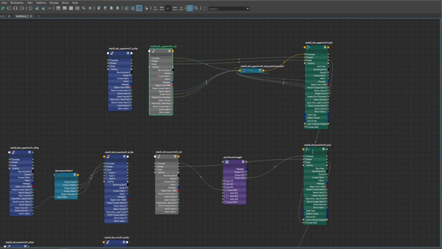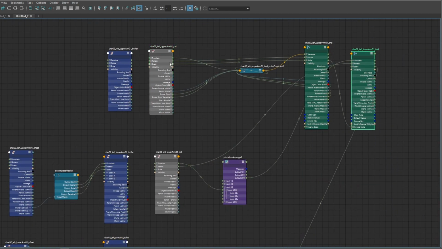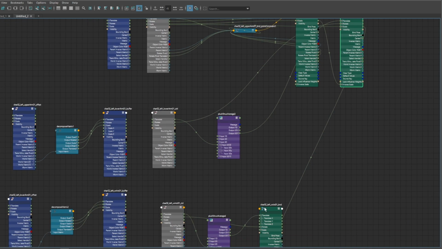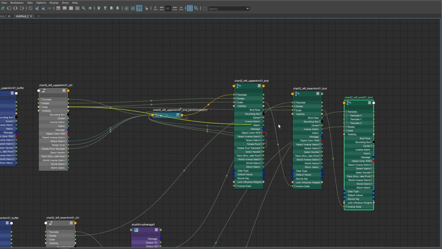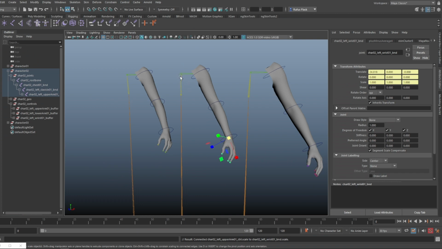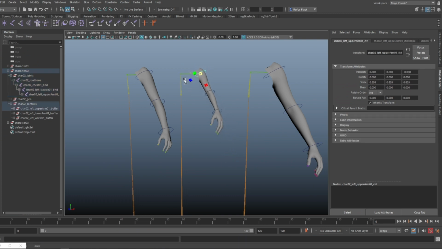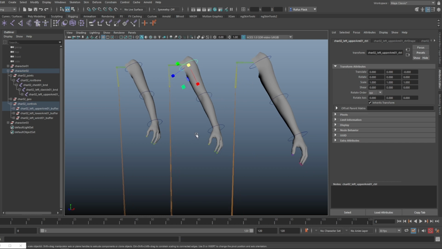If we apply the same scale value to the elbow and the wrist, you should see that the arm now has this kind of global scaling functionality,